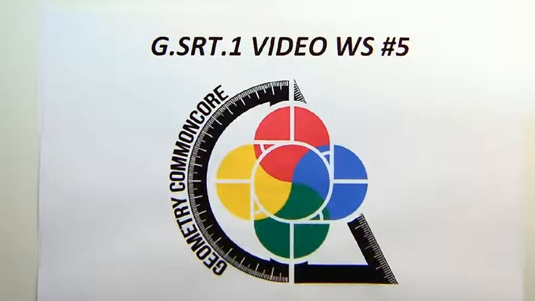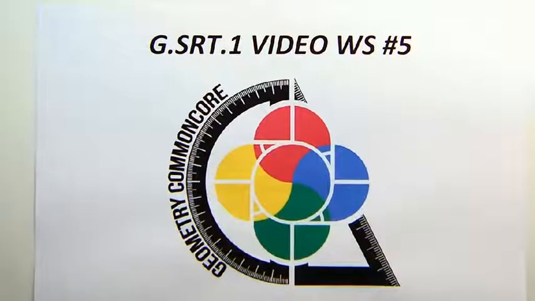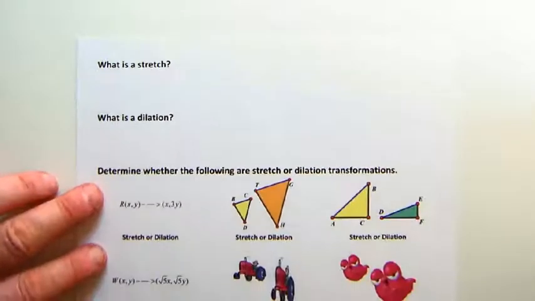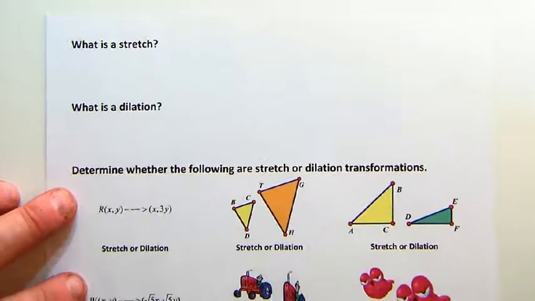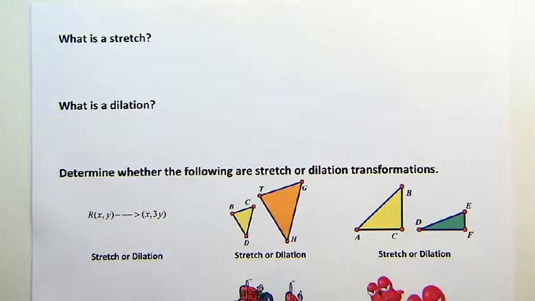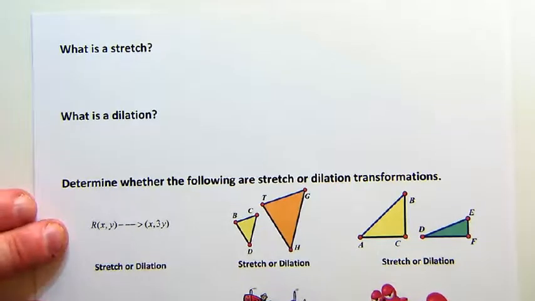Alright, we're looking at GSRT Objective 1 still, and this is worksheet 5 that we are looking at in specific. We're going to look at a few things about dilations up close, I guess, in terms of coordinate rules. But before we get there, I want to talk a little bit about the difference between a stretch and a